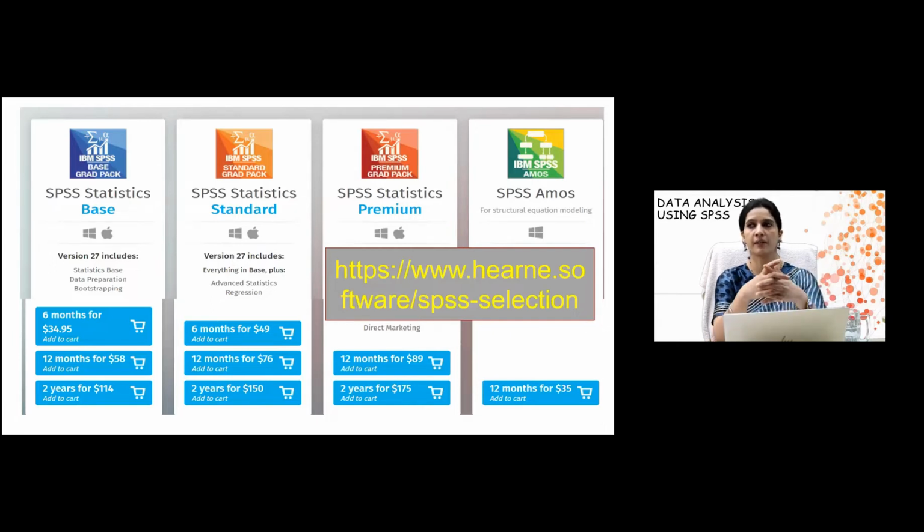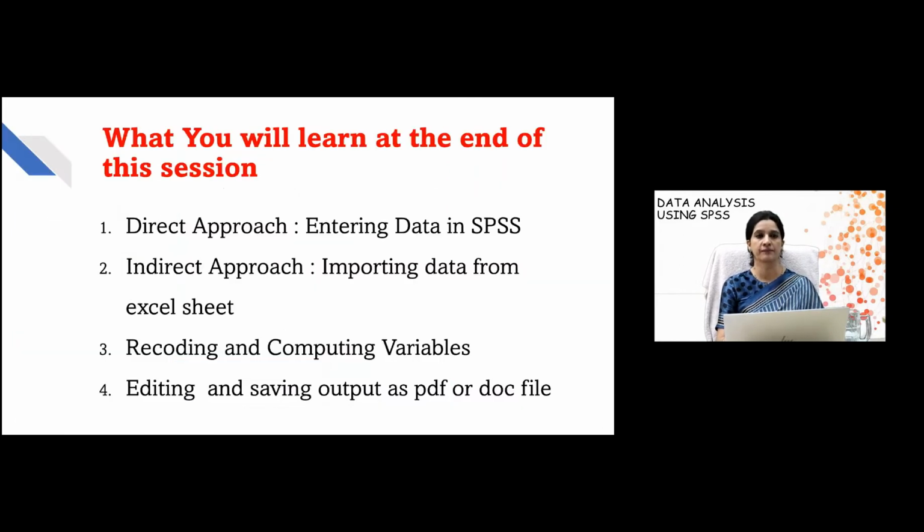But we will recommend you to use authentic SPSS because that will save you from a lot of hassle, because you cannot write in your publication if you have not used a validated version or the original version of SPSS. So it's better to use that, because then you can write in your analysis or in your publication that it was original software which you have used for the analysis.